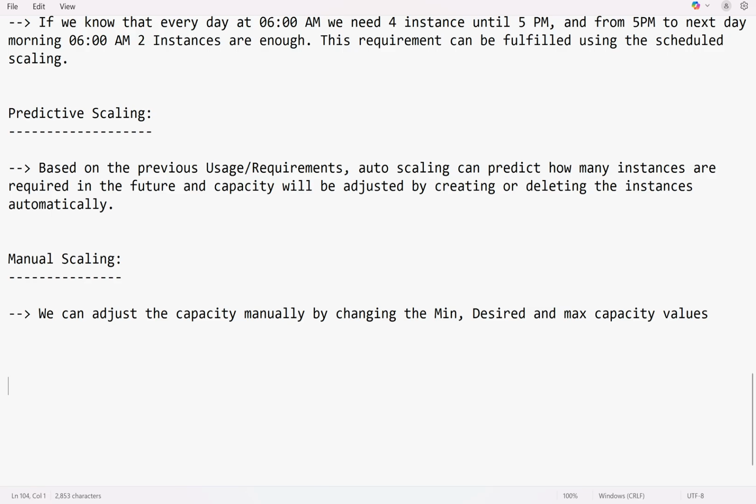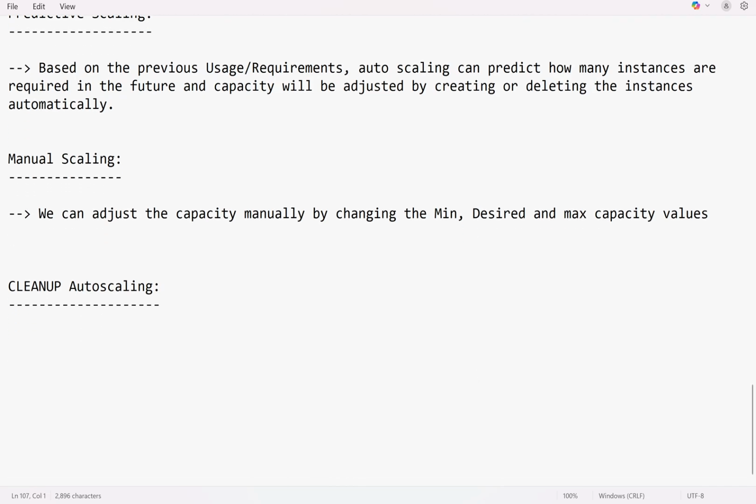Now, we need to clean up to avoid unnecessary charges. Most of the people will do the mistake here. What they do, they will terminate EC2 instances manually and they will turn off. But in the back end, auto scaling is running, right? The job of the auto scaling is to maintain two instances at any given point of time. Automatically, the moment you log out, it will create two more servers. So what we have to do is